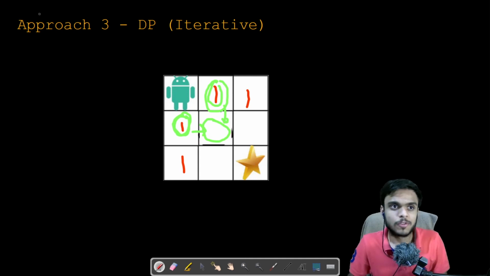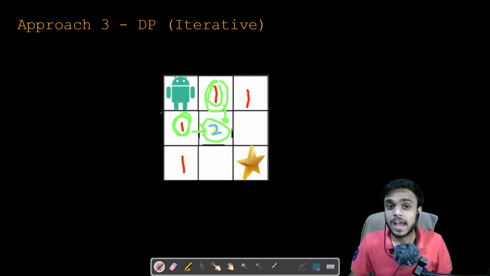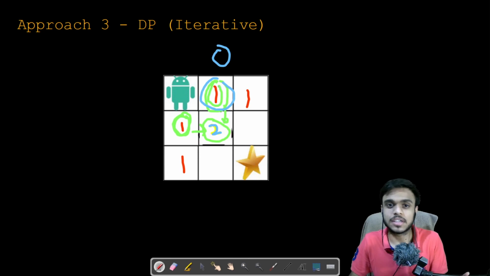Okay, so for this particular center cell, the total number of unique ways to reach this cell from the start would be 2. I don't think you are able to see it, I'll just change the color. So this would be 2. To reach this center cell, the number of ways is 2, because we add from the top and from the left. And actually this was also the same case for this particular cell too, but there was no element on the top, so we just considered from the left, right?